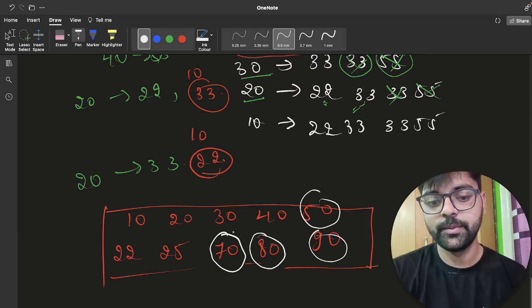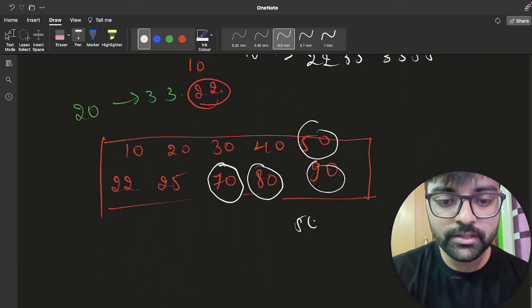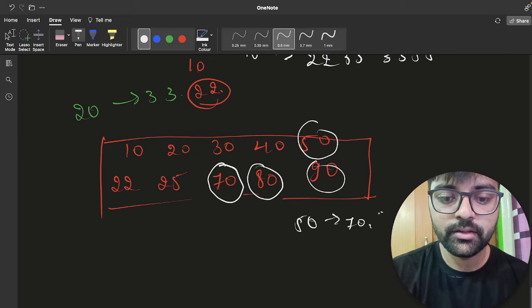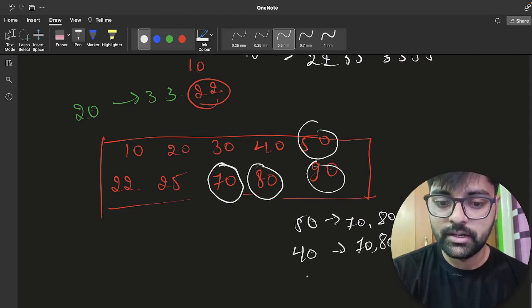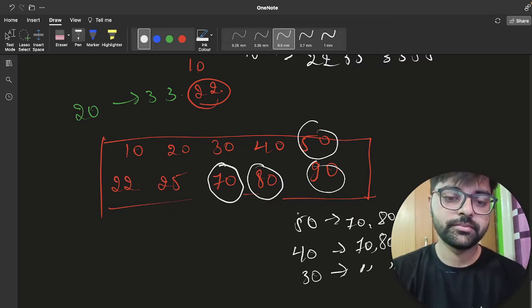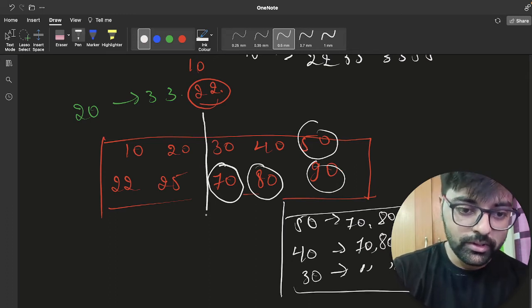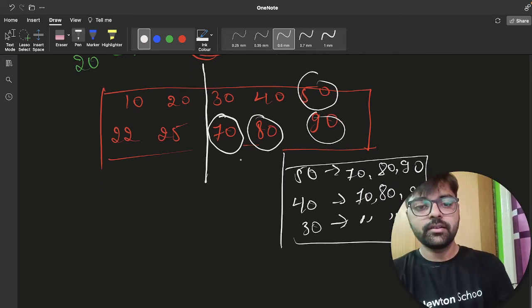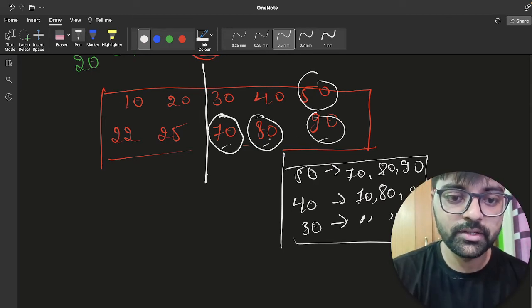These three 50 can be made, right? So 50 can take 70, 80, 90. 40 can take any of these three, 70, 80, 90. 30 can take any of these three, right? Now these three elements will get any permutation of these three numbers, right?